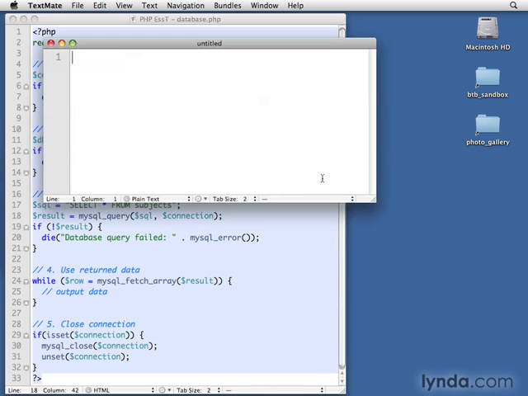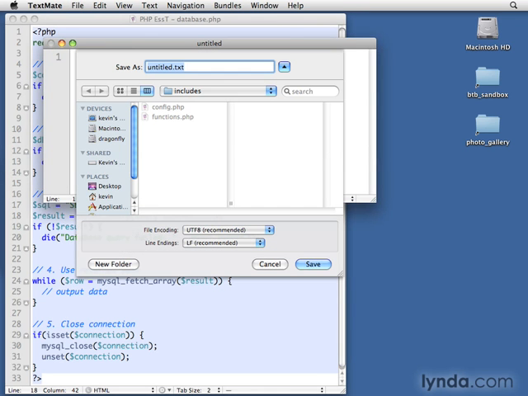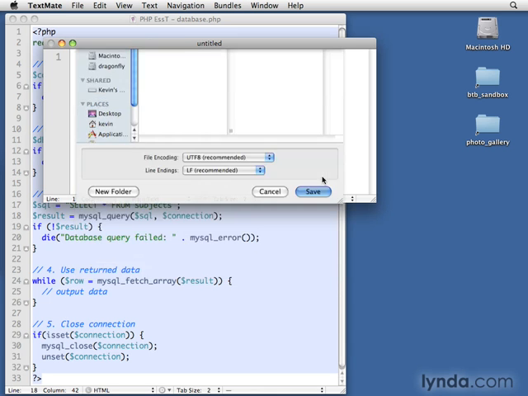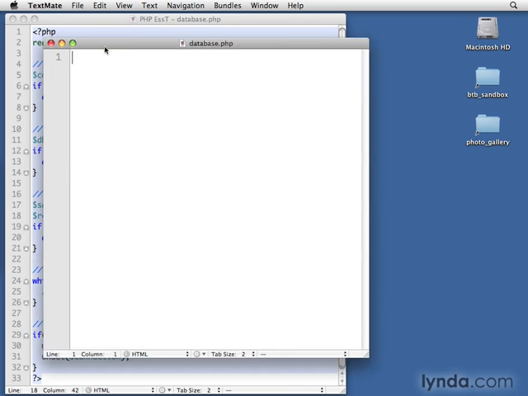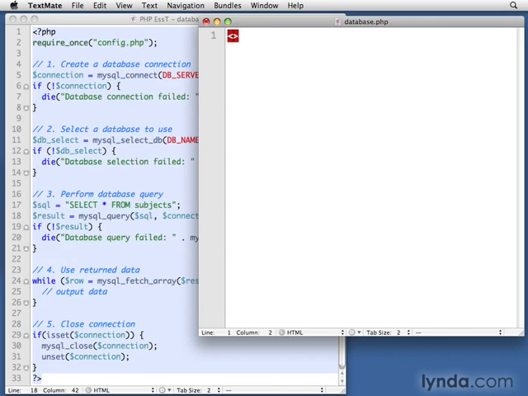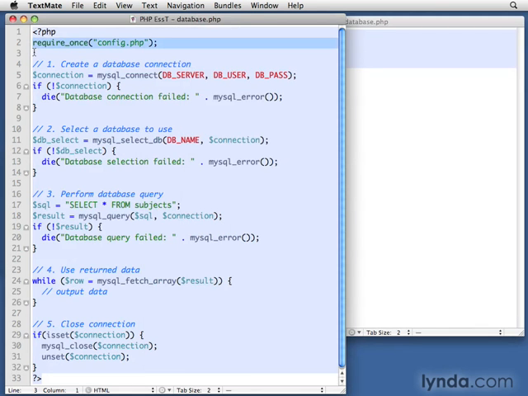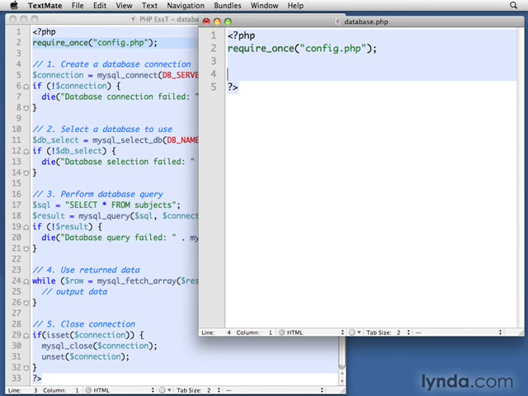I'm going to start by creating a new file, and we're going to save it in our includes directory as database.php. And let's just open this up a little bigger, and we'll just put it over here so that we can see both at once. Now, we know that we still are going to want to do this require, right? That hasn't changed at all. And that'll happen even before we define our class, which will be